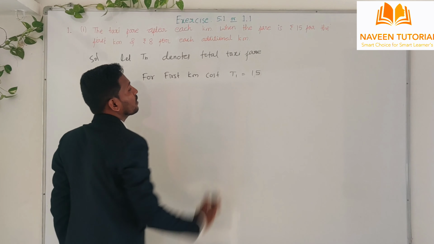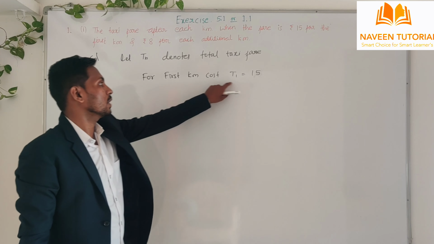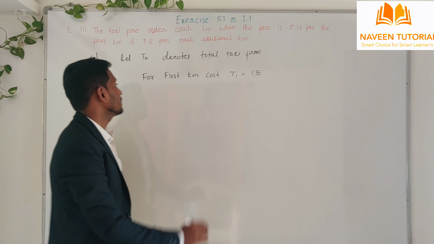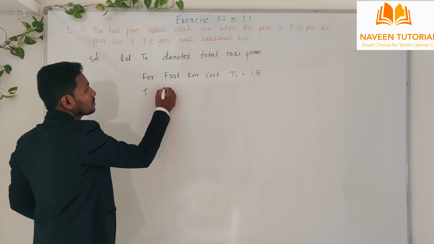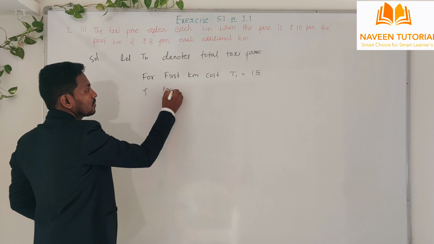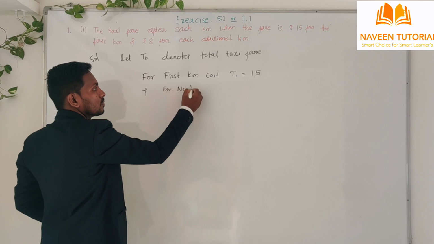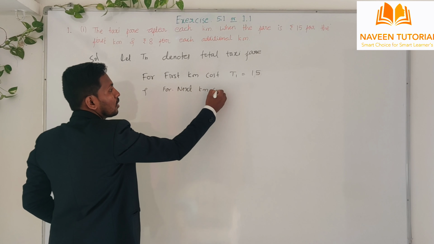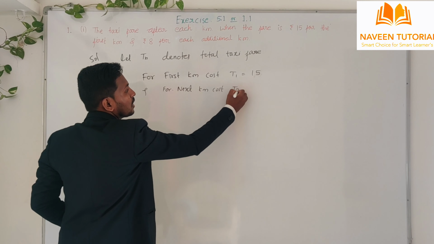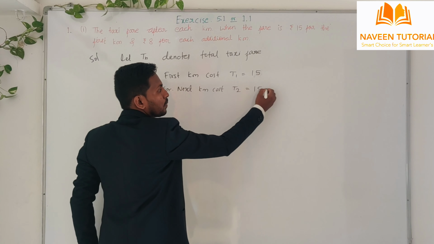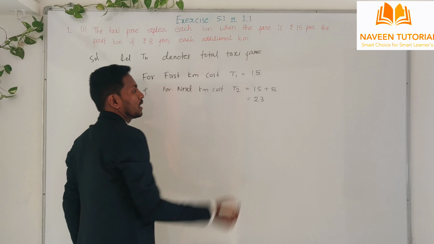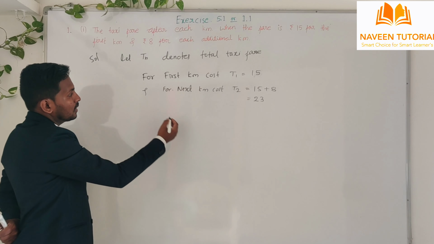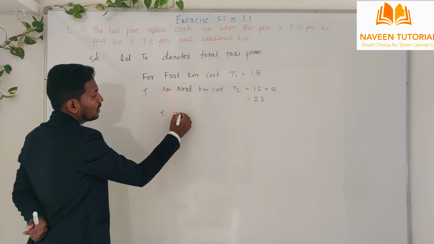Here 15 rupees is given for the first kilometer, so write down T1 is equal to 15 rupees, and for the next kilometer cost, that is T2, is equal to 15 plus 8, that is 23, and